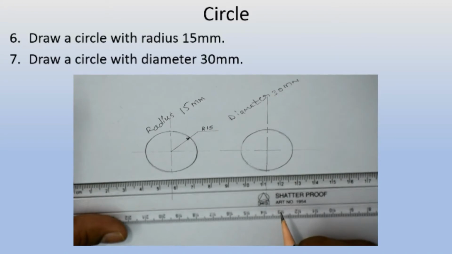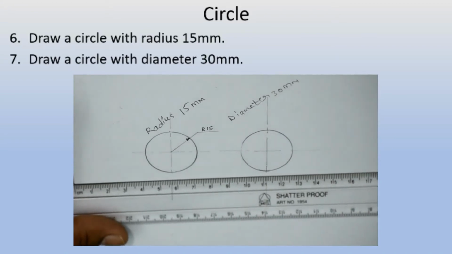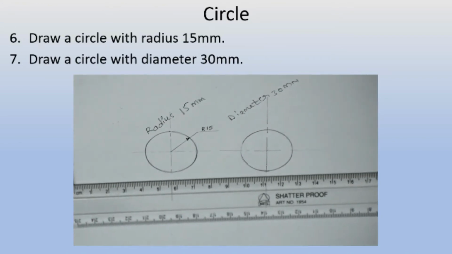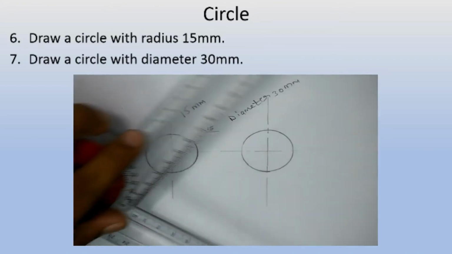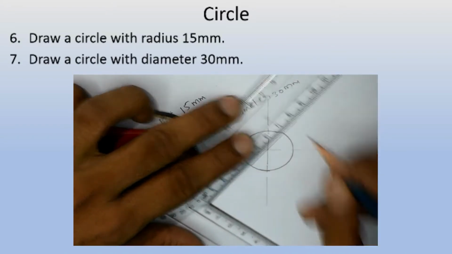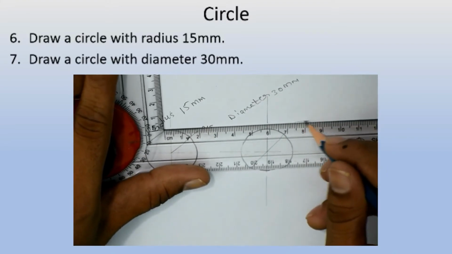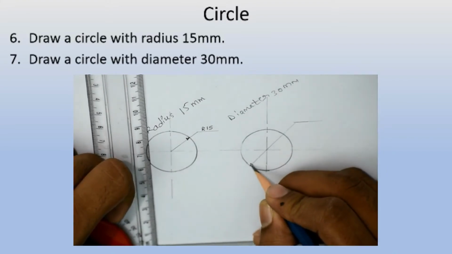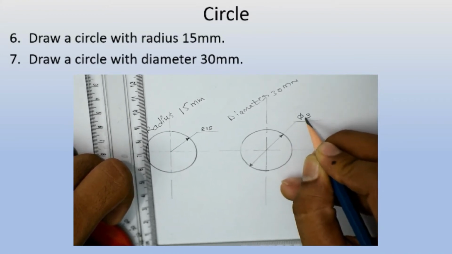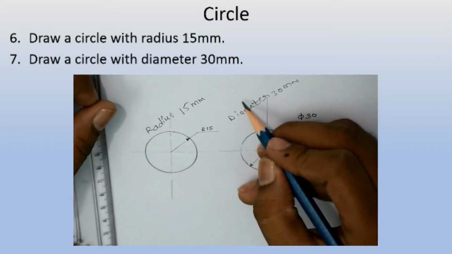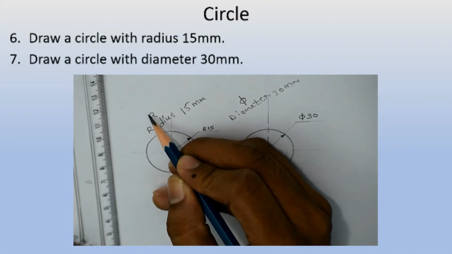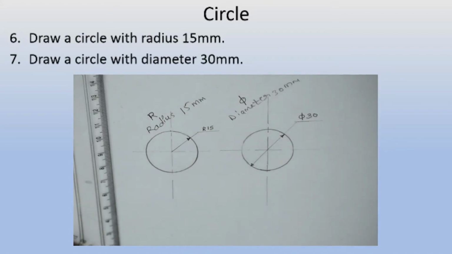This is the dimensioning of the circle when the radius is given, and you observe that I have taken R before. I will show you about the dimensioning also in the next lecture, but here we will see how to dimension the diameter. I have to take two arrows now because I am covering the full length from one corner to the other corner, and this is going to be dia 30. This is the symbol of diameter, a circle with one line inside, and we take R for radius.